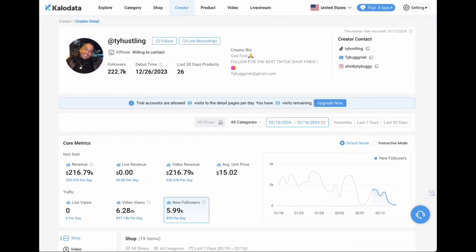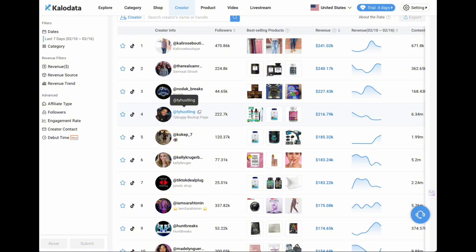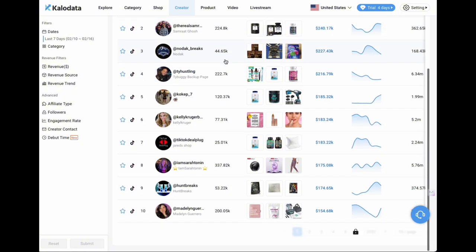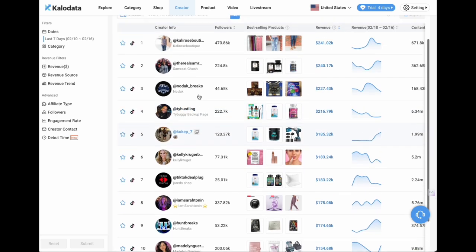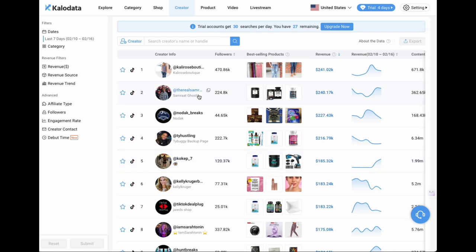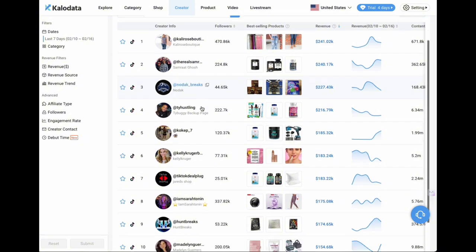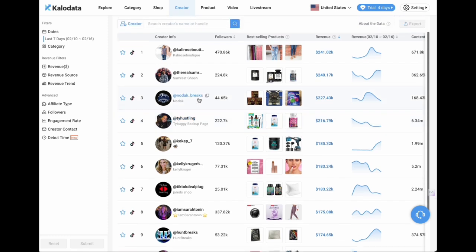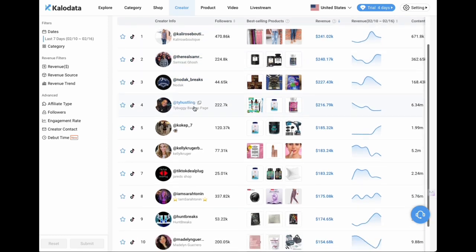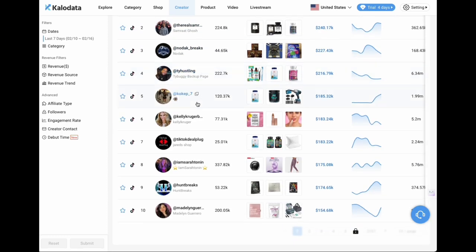Now, what you'll notice here as well, there is a bit of a trend. A lot of these creators that are doing well are showing their face, which is kind of the ideal scenario for TikTok Shop. They want you to show your face. They want you to be authentic. They want you to give your audience as much to hook onto and hold on to as possible, as much to relate to as possible. Obviously you can do faceless videos and voiceless videos as well, but you just have to remember it's going to be harder to replicate a similar type of success compared to someone that is actually showing the face in their